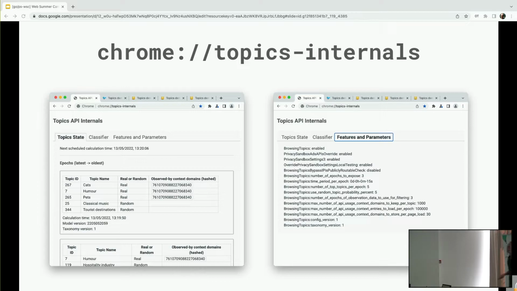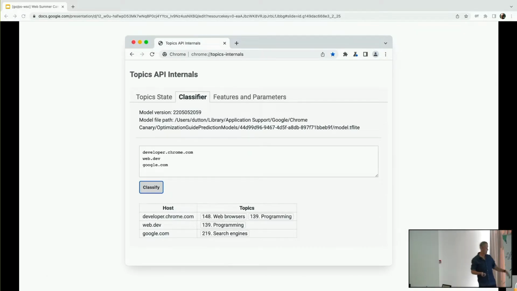These are actually inferred from the sites I went to. And then 2 random ones which are added to that list. There is this element of randomness with these other 2 topics. You can also get information from this site about the features and the parameters that you've set, and you can also look at the classifier. You can use that from Chrome Topics Internals.